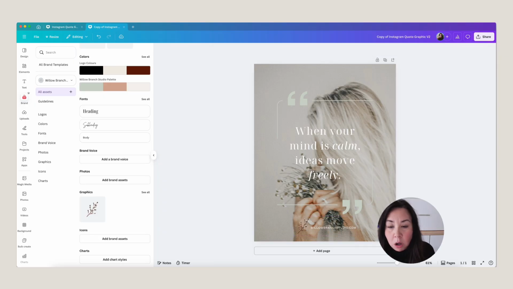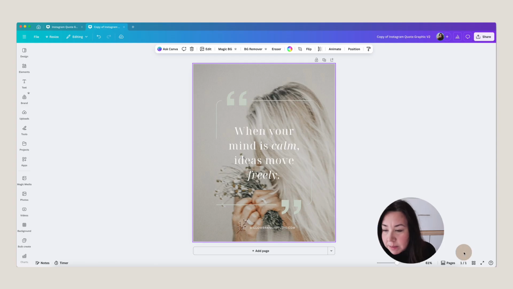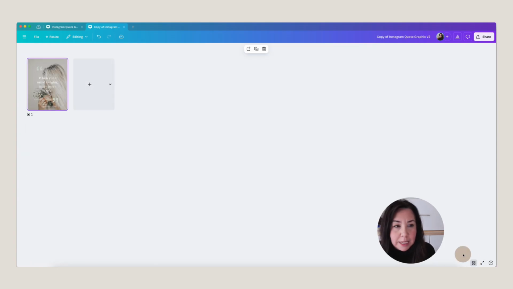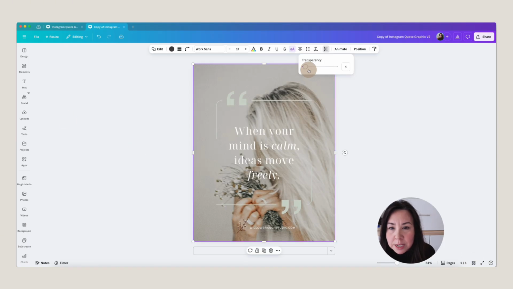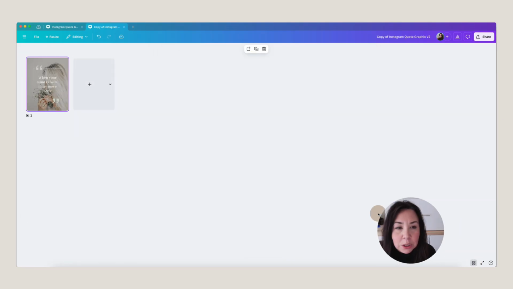I can use this in all of my designs going forward if I want to keep consistent within my designs. This is how it looks. Sometimes what I like to do if I'm designing is click on this grid view, and then I can see it as a smaller image to see how well it might show up on mobile devices or on smaller devices. The text here still feels pretty clear and legible, but if I wanted to make any other adjustments, maybe just boosting up that transparency a little so it's easier to see,